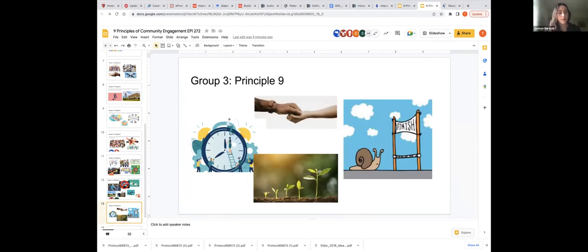Okay, so Principle 9 is that community collaboration requires long-term commitment by the engaging organizations and its partners. And this is important because community engagement requires trust and mutual understanding, and these things just take time. It's not a process that you can rush. I don't think you can really expect to gain meaningful collaboration or sustainable outcomes without long-term planning, and rushing the